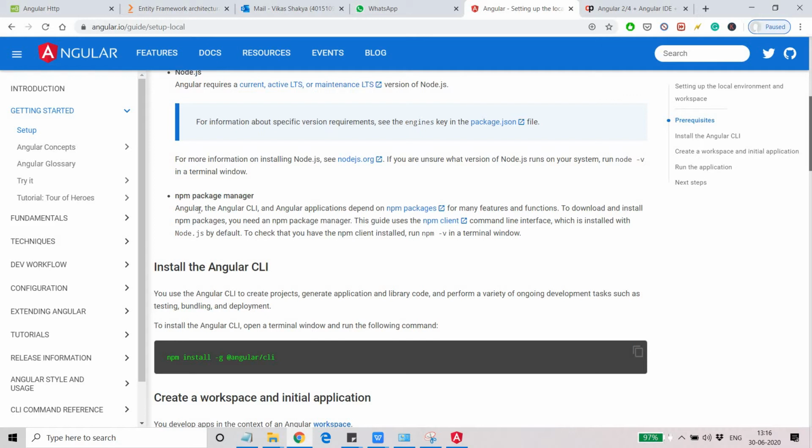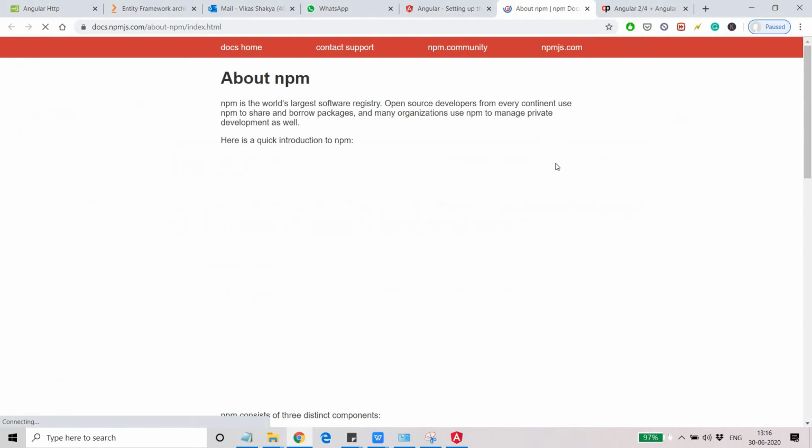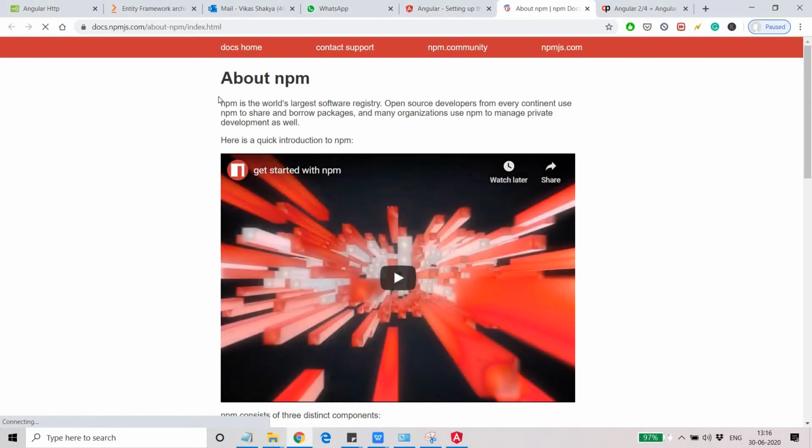But before that, let's understand something about the npm package manager. If you want to know about npm, you can just go to this site, and it tells you in simple words that npm is the world's largest software registry. It's basically a registry of software, and in this registry you find the Angular CLI as well.